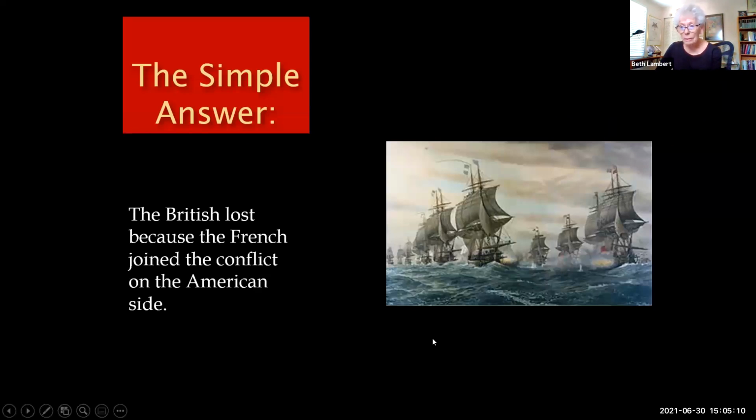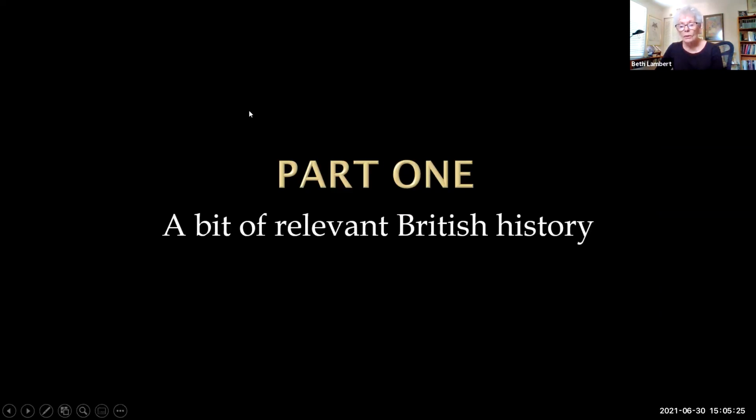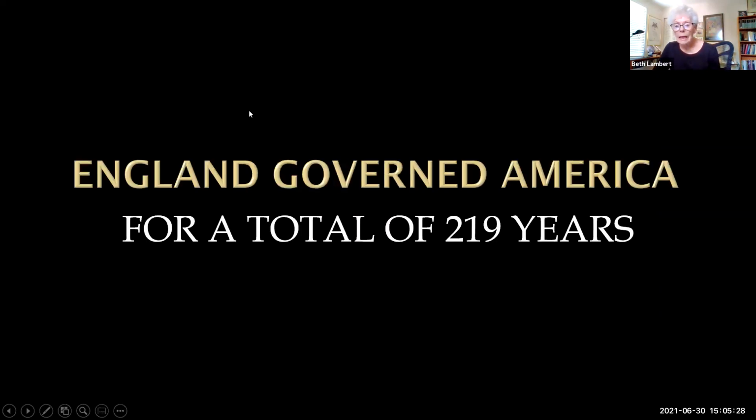So, why did powerful Britain lose to its upstart colonies? The simple answer, and the all-important one, is that the French joined the fight on the American side. However, the answer is much more complex than this and goes way back. So we have to start back in England. England governed America for a total of 219 years. And the fact that the English governed rather than the French or the Spanish, because as you know, the French were colonizing to the north, the Spanish to the south, is a significant feature because England is unique in its form of government